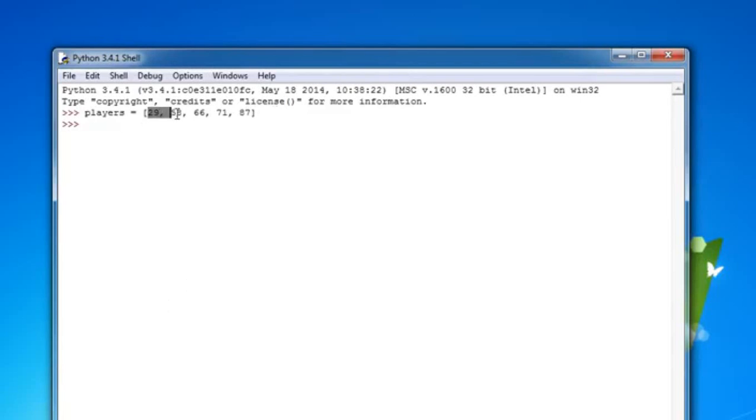So if anyone can tell what my favorite sports team is just by the number jersey they wear, then I will actually be impressed. So anyways, for those who don't care about that, right now we have a list of